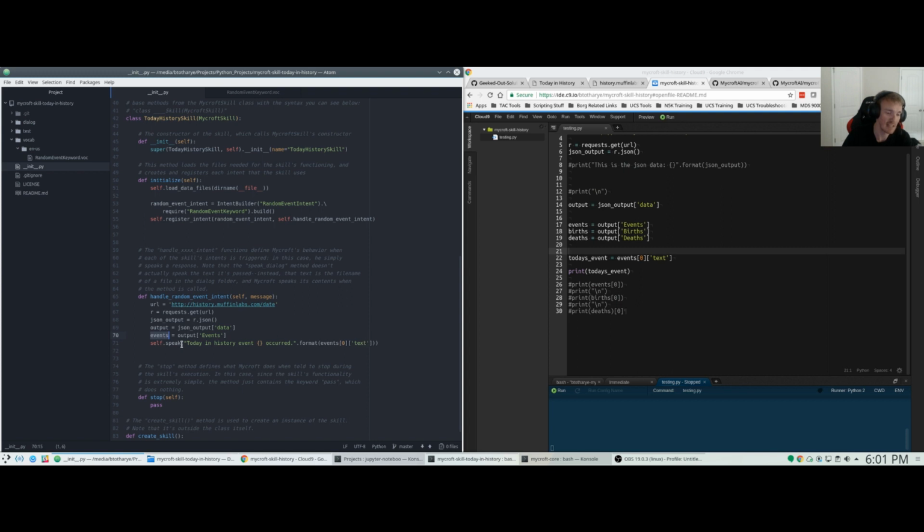You don't need the dialogue unless you want to have multiple ways of saying this. You could have a couple different phrases in the way that it worded this event. But either way, for this purpose, we're just going to speak it. So I'm just doing self.speak, and I'm basically saying "today in history, event blah," and this is called from over